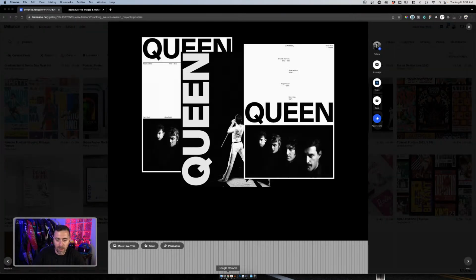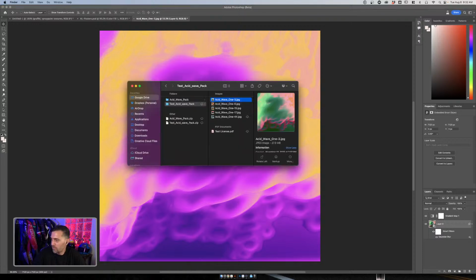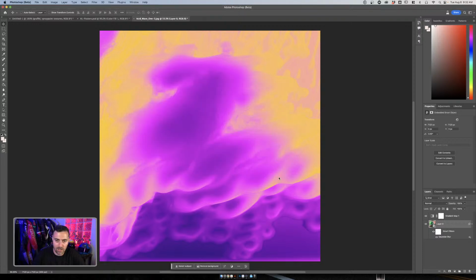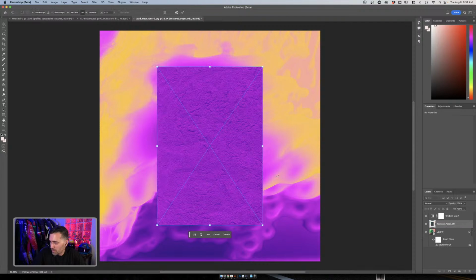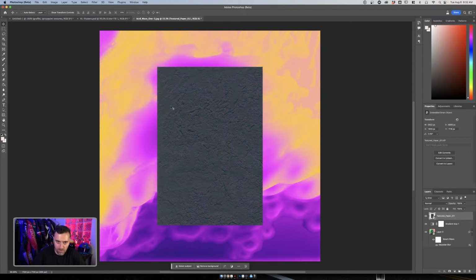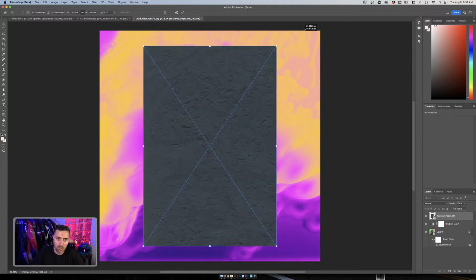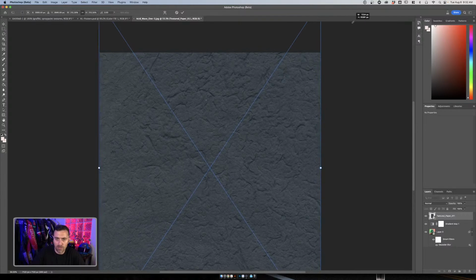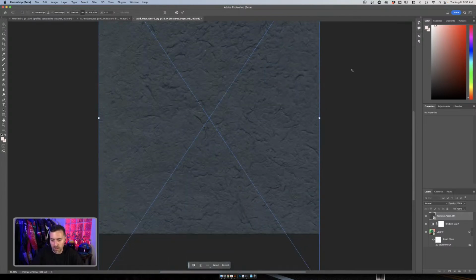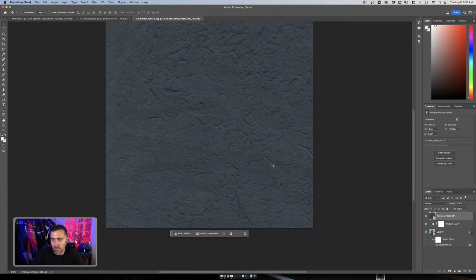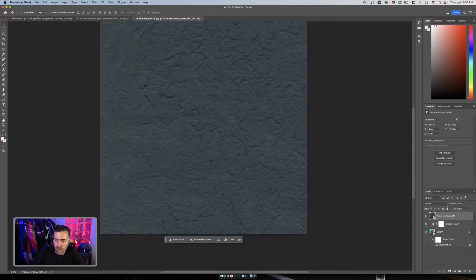What I'm going to do with that is start texturing things. I don't know if this is one of the free ones or you need to purchase the pack for it, but if you want to purchase it, it's on my Behance. And you just see this really cool texture coming out on it. But what I'm going to do is change the blend mode on this piece.